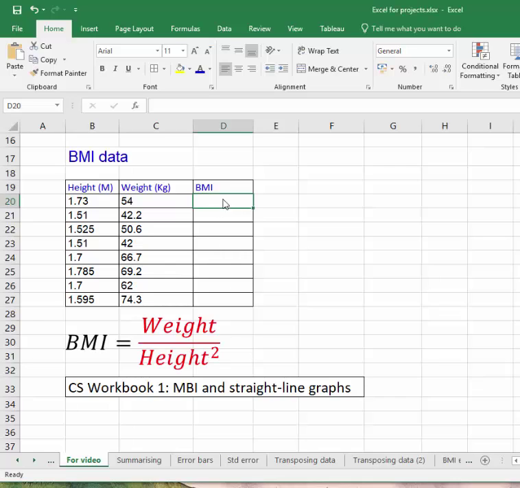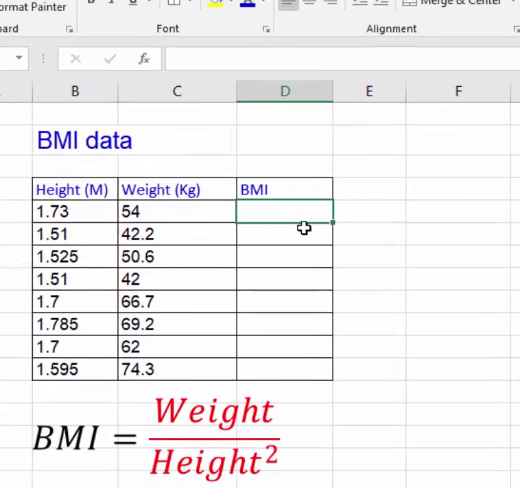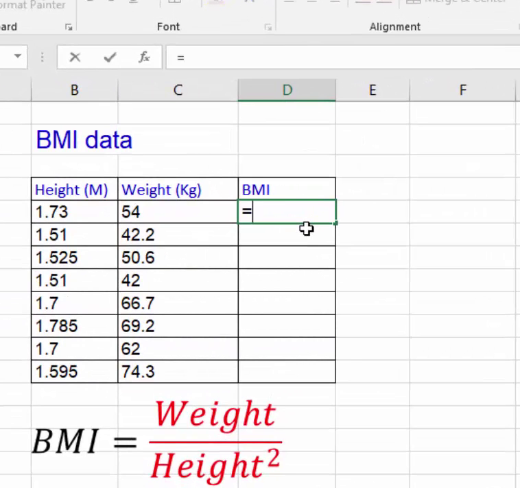Okay, so the first thing we need to do, the thing we always do when we put in a calculation, is put an equal sign. So we tell Excel we're doing a calculation. We open a bracket here. You often have to use a bit of BODMAS, otherwise Excel gets a bit confused. What we want here again is the weight, which is the value in column C, the value in C20, divided by